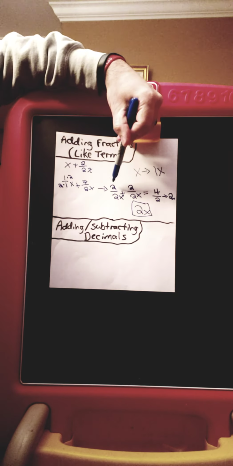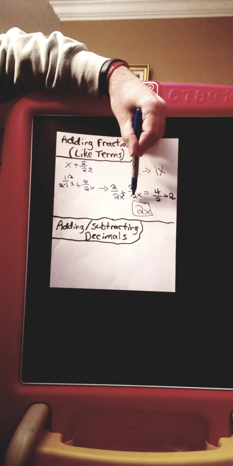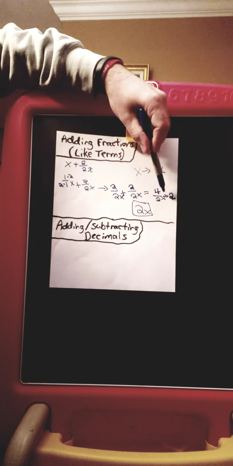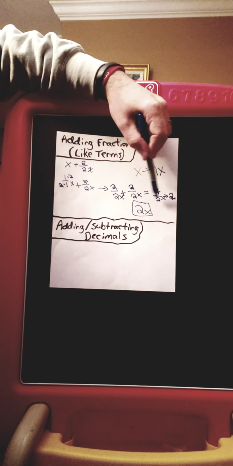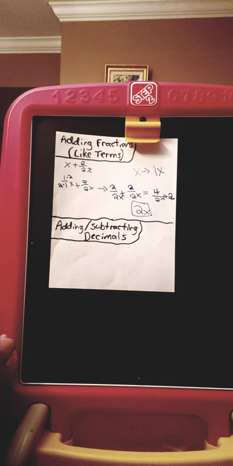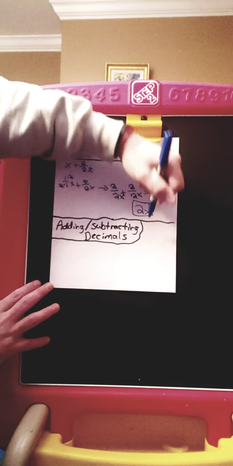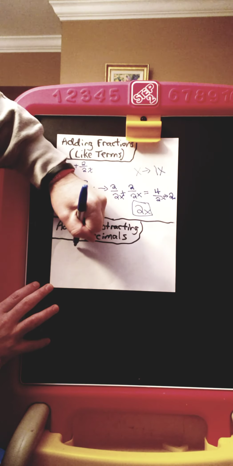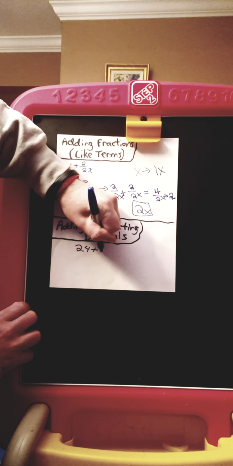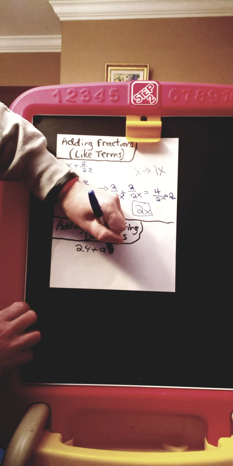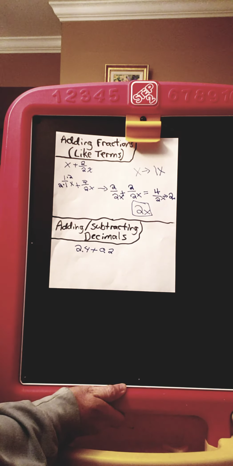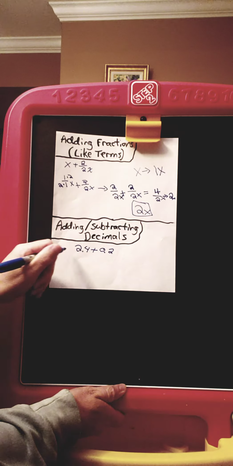So we added the numerators. 2 plus 2 is 4. The denominator stays the same with the x. And 4 divided by 2 is 2, so it's 2x. Now, when you're adding and subtracting decimals, the trick is to line up your decimal points. So if I have 2.4 plus 0.2. What you can do is rewrite that as